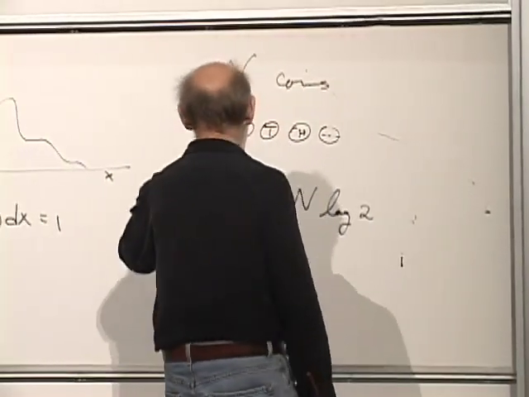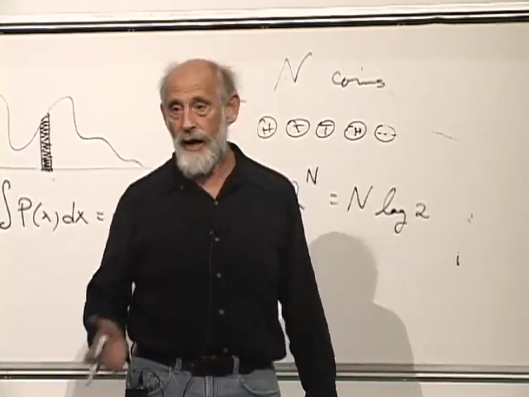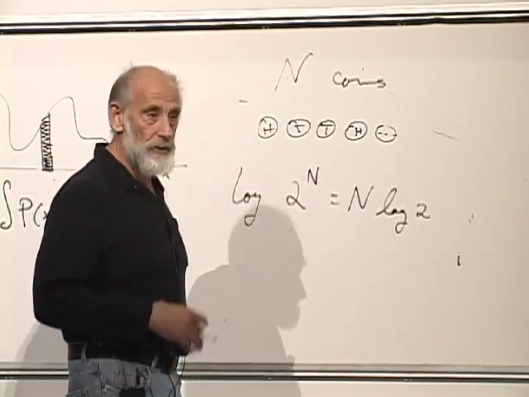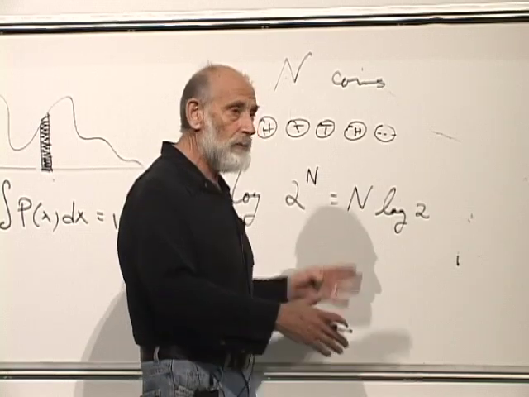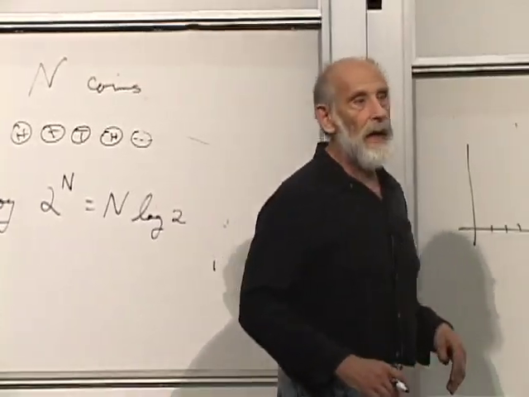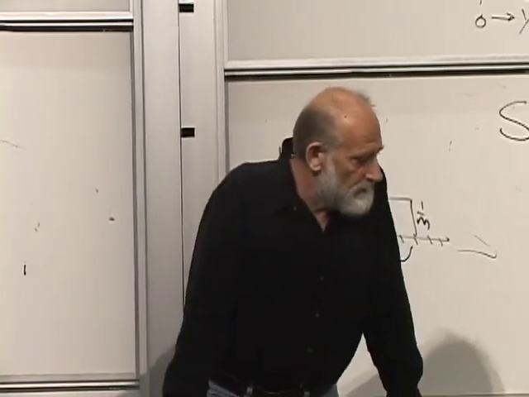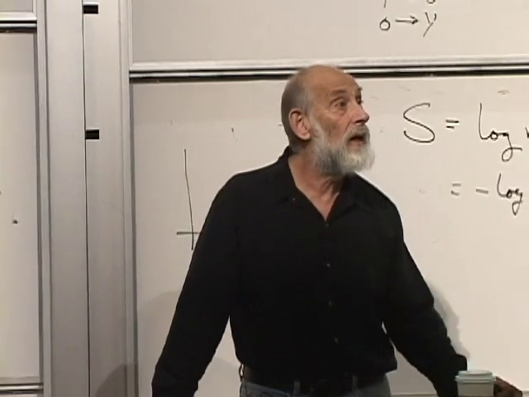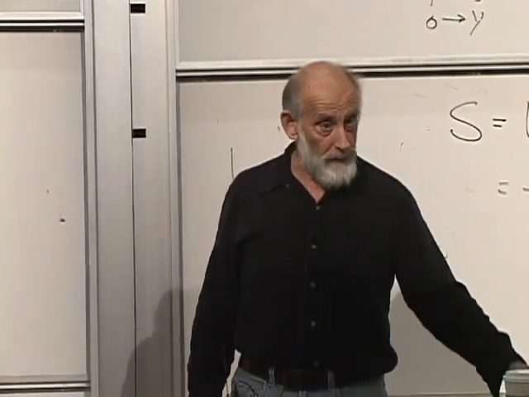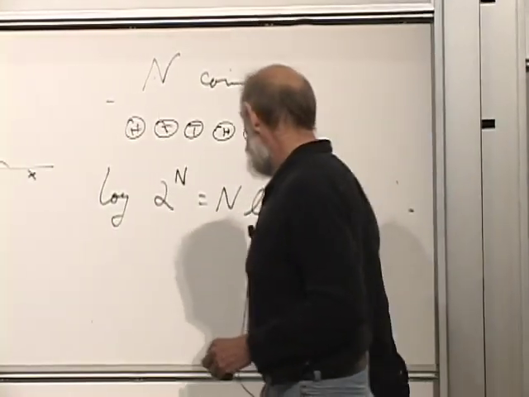If the molecules were just replaced by coins, and the only question was, is the coin a head or a tail, you can see that by taking the logarithm, you make something which is proportional to the number of degrees of freedom. So entropy, like energy, is something which adds up for systems. In base 2, that's just n. In base e, it's n log 2.